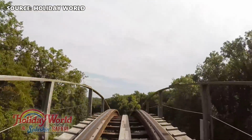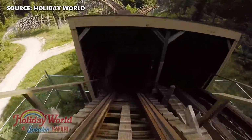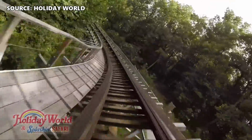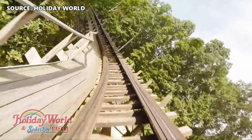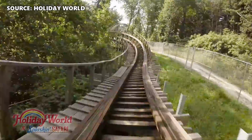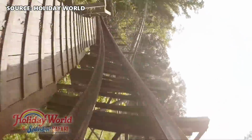During Holiday World's special coaster enthusiast event, Holiday Lights, Voyage operates with the trim brakes turned off, providing an even more intense ride experience. Some rank this roller coaster above El Toro, which is my current favorite wooden roller coaster. I think it's time for me to ride this attraction so I can decide once and for all which roller coaster is